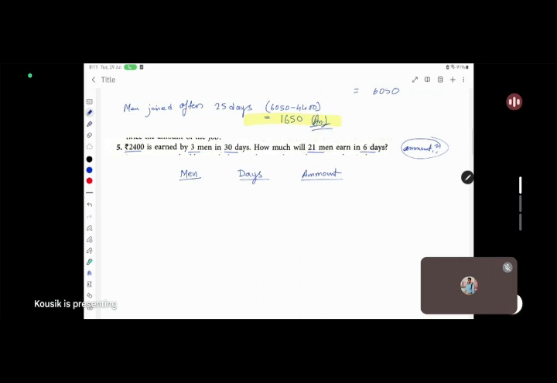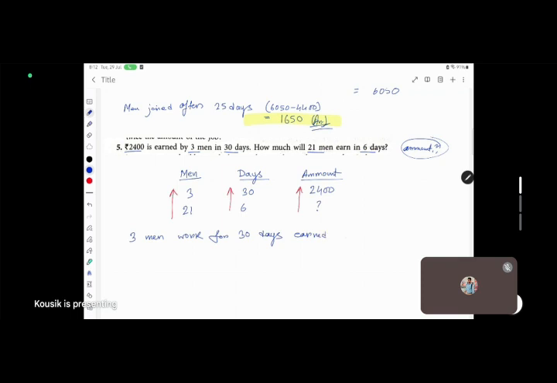okay. There are three variables, men, days and amount. In the first case, 3 men working 30 days earn the amount 2400. In the next case, 21 men 6 days earn how many? So in that case the relation of amount with men is a direct relation. If many men work, then they earn many rupees. But also if they work for more days, they earn more. So all are direct relation. So 3 men work for 30 days earn